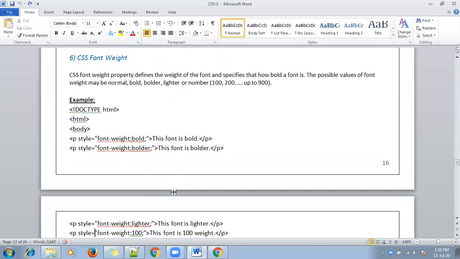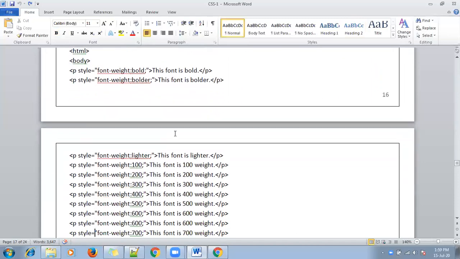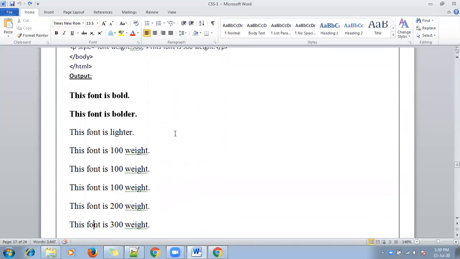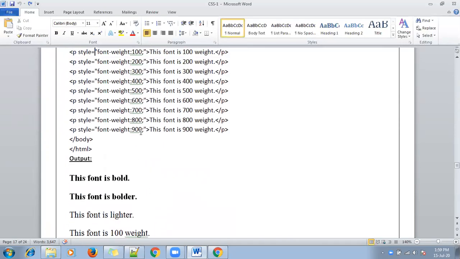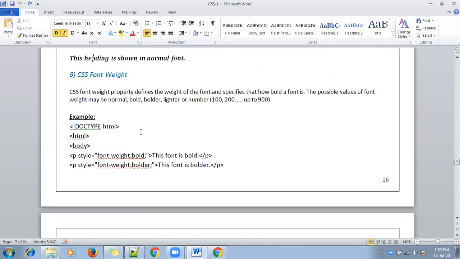So the last one is how can we set font weight. Weight is nothing but, if you see the output, then you can understand. This is weight. We can increase or decrease it, with bold and lighter values. Then how can we specify weight value in CSS? You can specify your weight value by writing attributes like